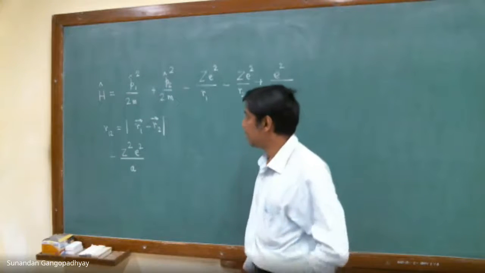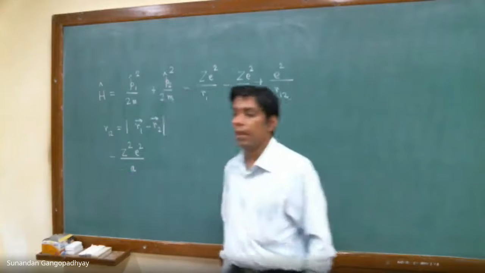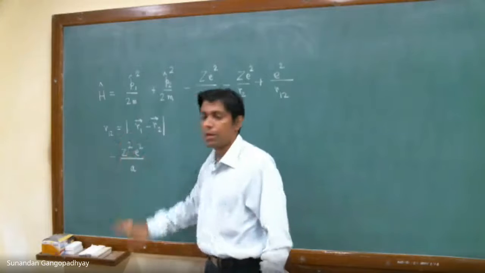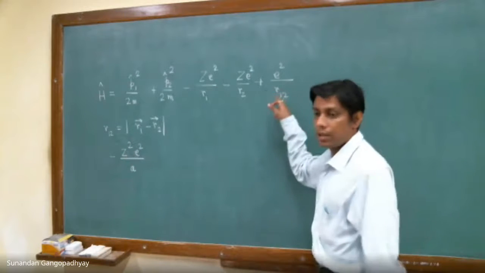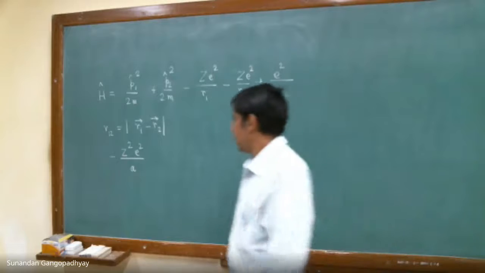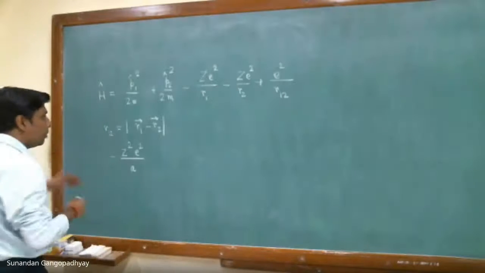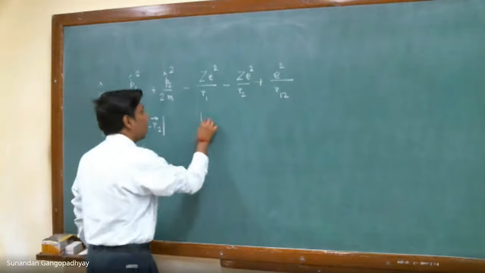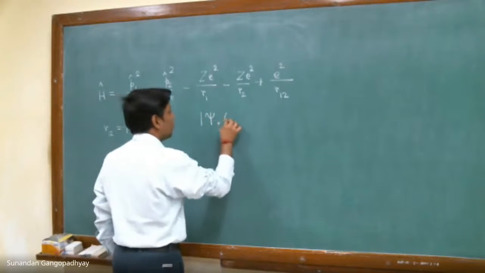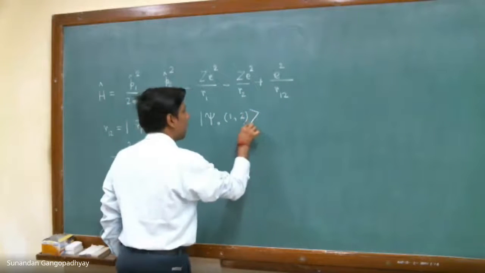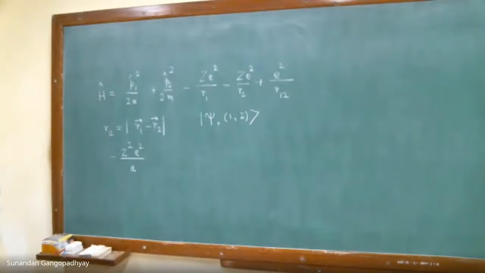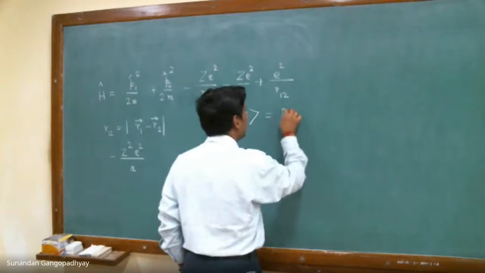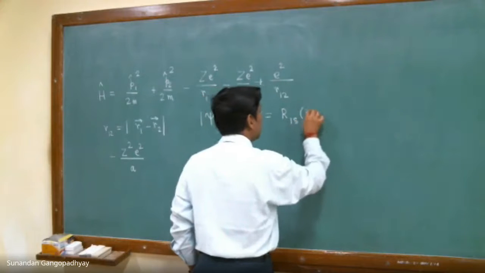And in the last lecture, we were trying to calculate the correction to this unperturbed ground state energy due to this Coulomb repulsion term. We also looked at the unperturbed ground state wave function, which we denoted by psi naught. We wrote it in the following way. This was R1s, r1,